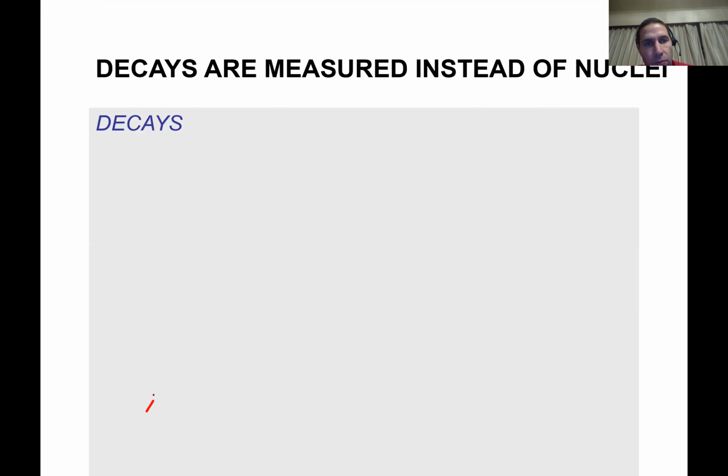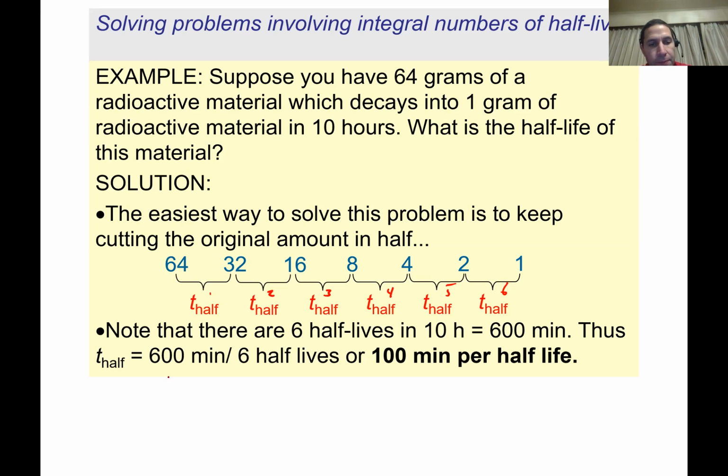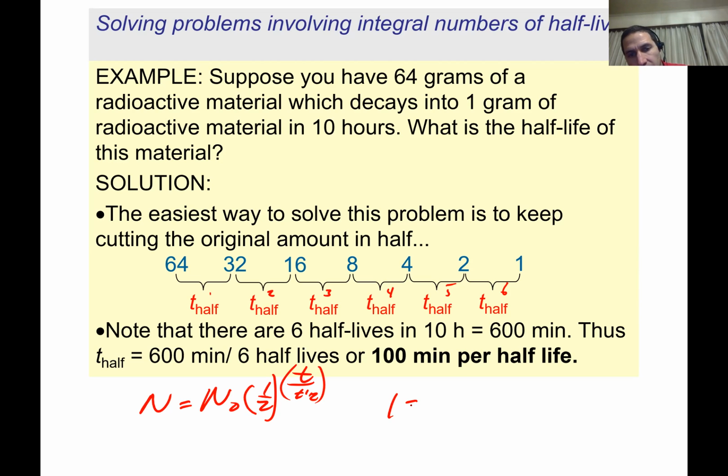Okay, and just to show you this, let's go back here. And the equation I showed you previously, 1/2 raised to the t over t 1/2. In this case, what I would do is say the amount I have is 1 here. 1 equals 64, N sub 0, 1/2, and then the t is 10 hours, and then the t 1/2 is down here. Okay, so you'd have to solve this. Excuse me, I don't have the 64 there. There we go. Notice what you'd have to do is then solve this equation for the half-life that's in